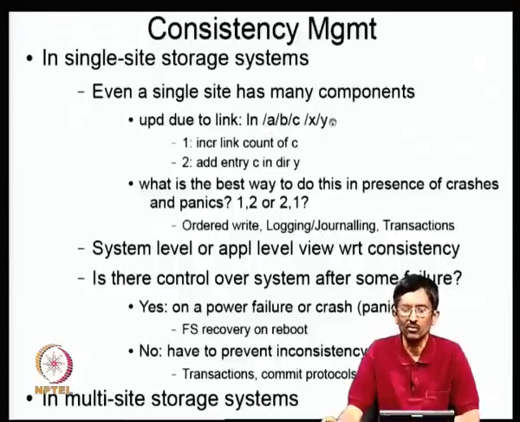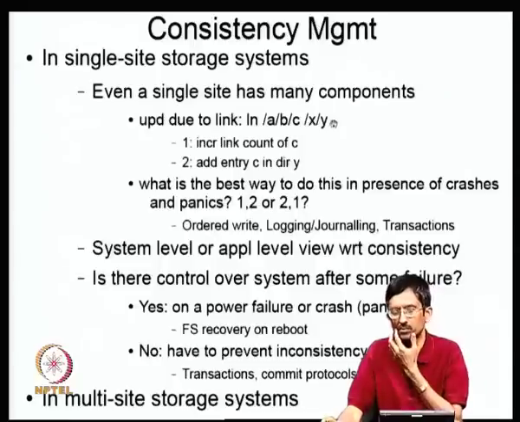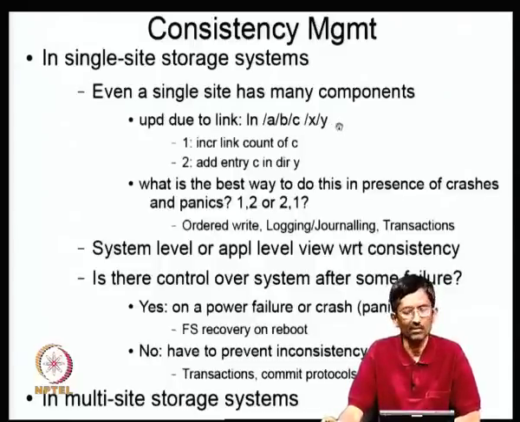Okay. Then the next aspect of this is that I need to actually put the entry into the directory y, because now c also is going to be there in the directory y. Now if you think about it, these 2 operations, 1 and 2, are 2 updates to the storage system. When you increment the link count of c, you are incrementing some field in the inode, which is a different place on the disk than when you add the entry c to the directory y. So these 2 are 2 different places on the disk. Now there is no magic by which you can update these 2 at the same time.